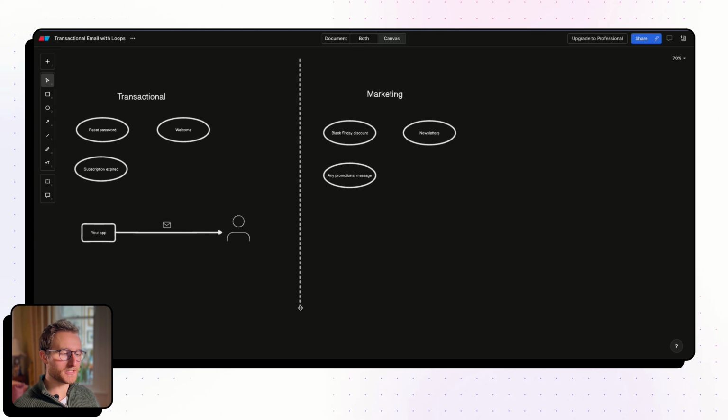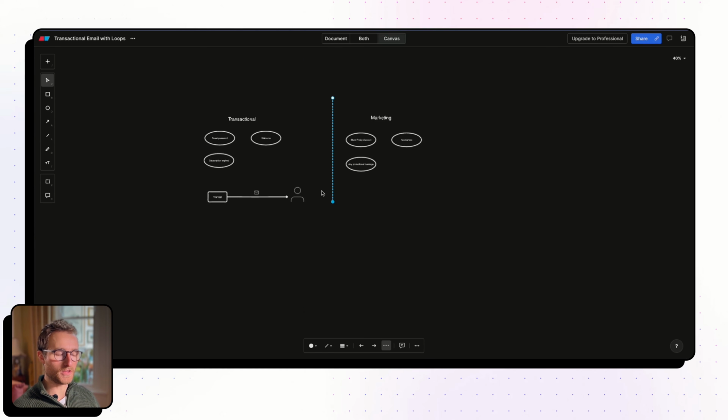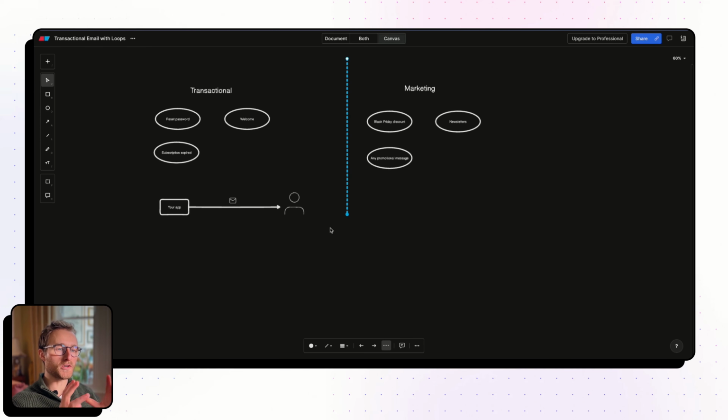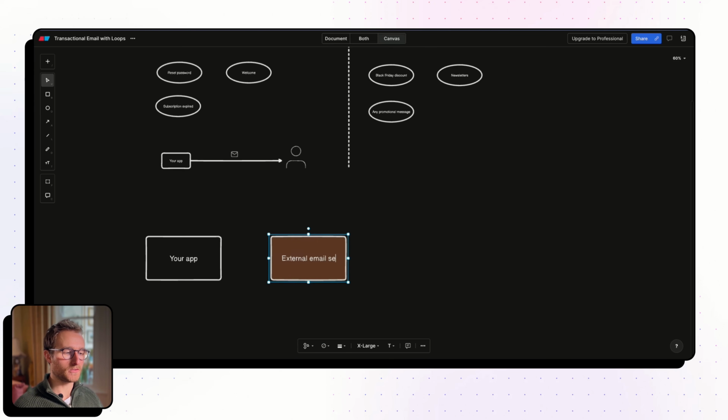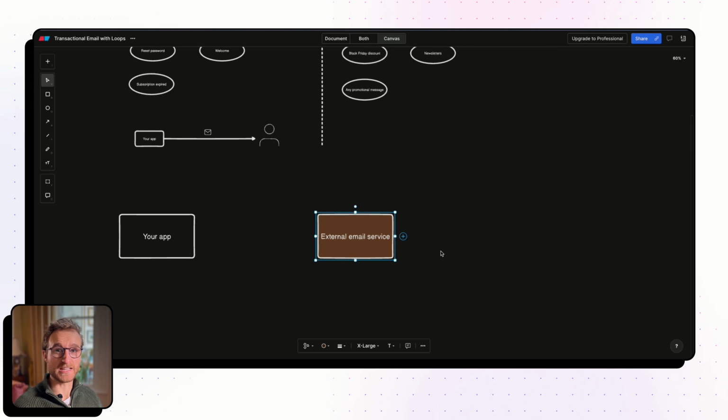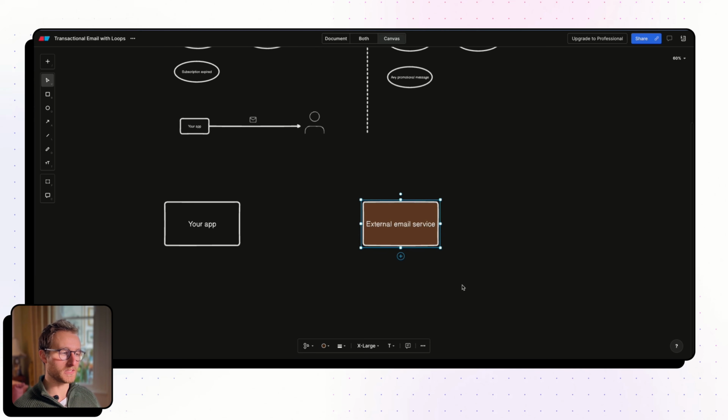Now, regardless of what type of email you're sending, when you want to send one or more emails to one or more users from your application, you're going to use an external email service to do so, okay? The external email service, like Loops, who we're talking about here, but you may have also heard about SendGrid, Postmark, MailerSend, MailerLite, which is just for marketing emails. All of these different services, you can think of them like the equivalent of the post office, or Royal Mail or DHL, any kind of postal delivery service, in that what they give you access to is the email network,